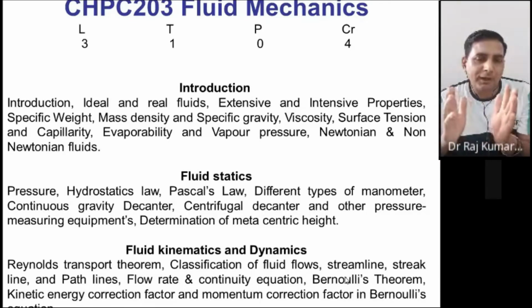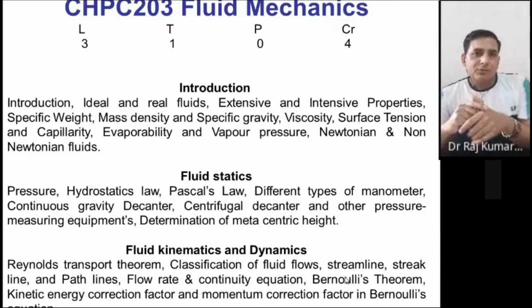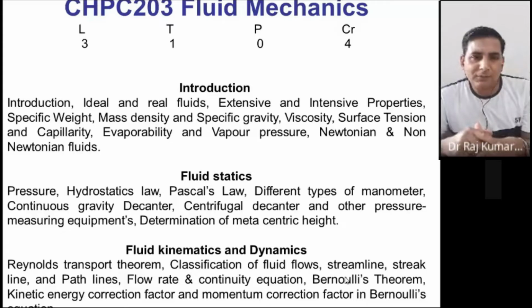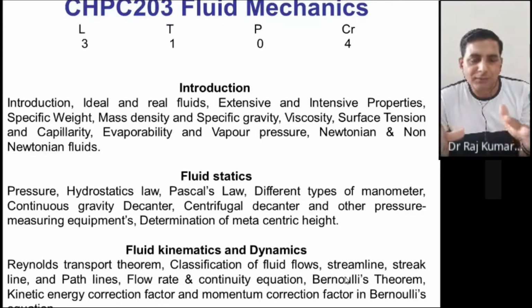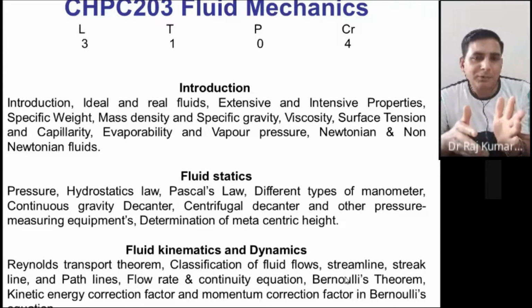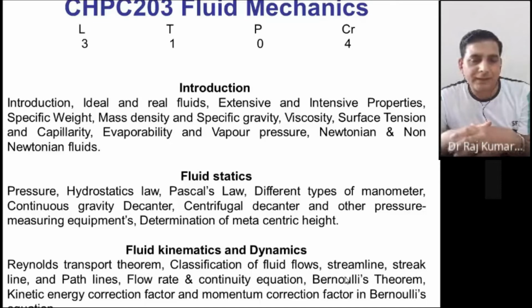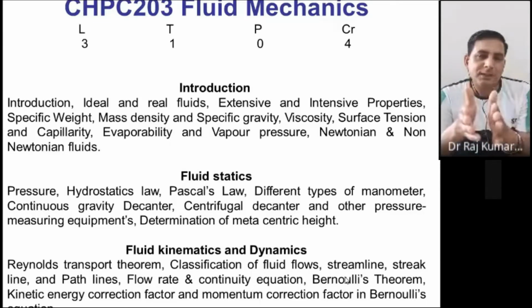If you are talking about an isothermal fluid; if it is not isothermal, you should have a thermal energy term also, right? Most of the time we say isothermal fluid. If the temperature is constant, it means no thermal energy term. So you have only pressure energy, kinetic energy only because of the velocity term, and potential energy only because of the change in elevation. So you have these three energies of a flowing fluid, and these should remain constant from one end to another end if it is an ideal fluid.